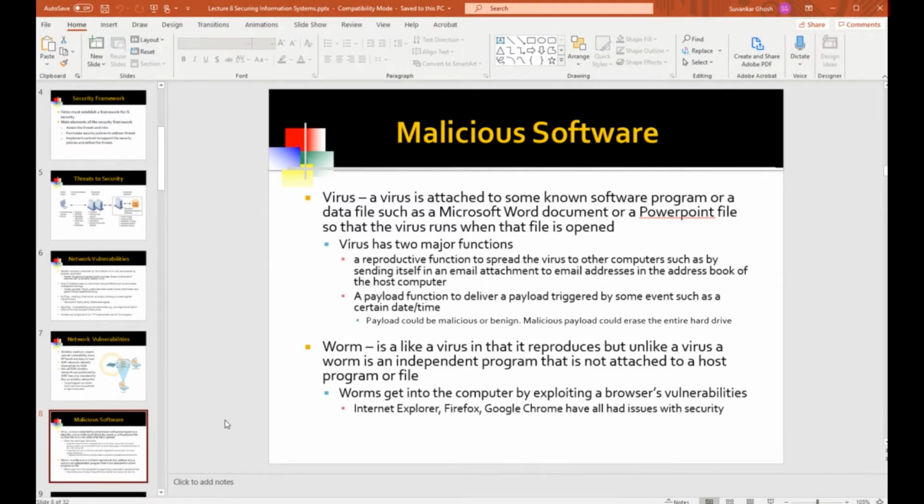Now, the thing is that the browser offers what's known as a safe sandbox, meaning what the browser is giving you is a computing environment which restricts what a script can do.